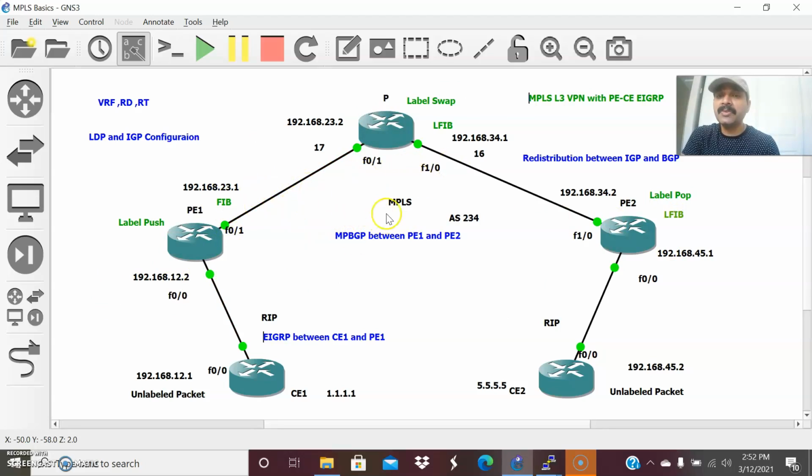For this route advertisement we use the MPBGP protocol, configured using the address family command. After that, I configured EIGRP. Finally, I performed the redistribution from BGP to EIGRP and EIGRP to BGP. This is the way we can configure MPLS Layer 3 VPN. These are the basic steps you have to understand.